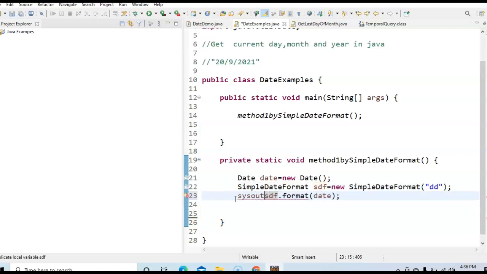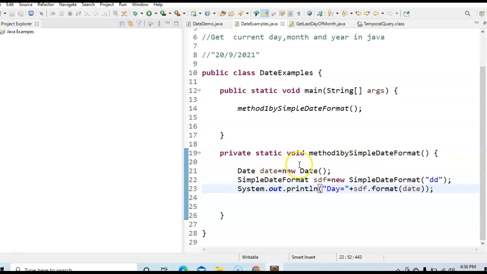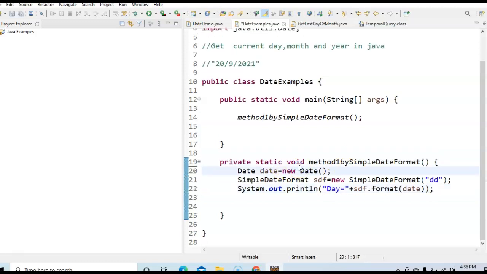Just say System.out.println, day equal to sdf.format(date). This is how we get the day.